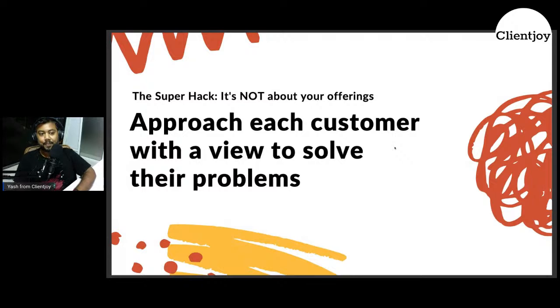The last but not least is the super hack, and it's important to remember that it is not about your offerings, right? We've seen this hundreds of thousands of times, where you go to websites, and the website would say that we offer SEO, or we offer Magento developer, or e-commerce website, or we offer web and graphic design, or whatever the case may be.